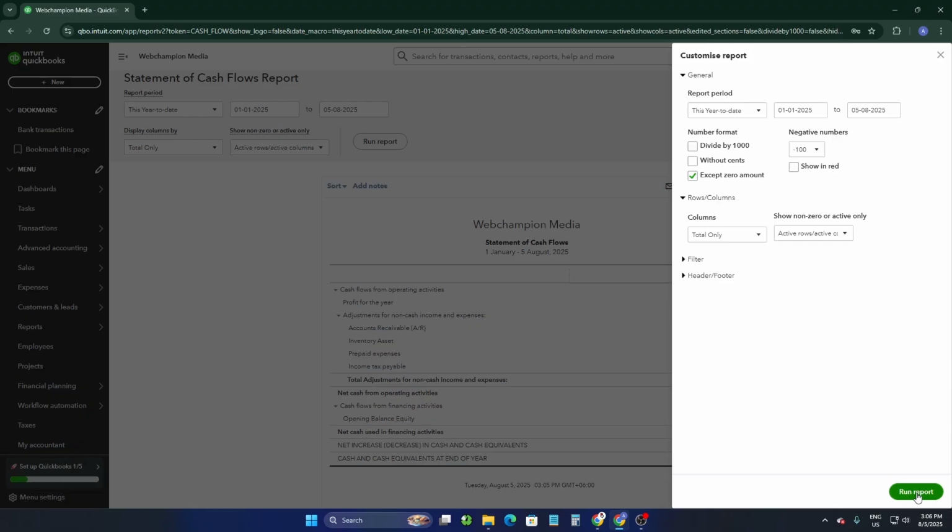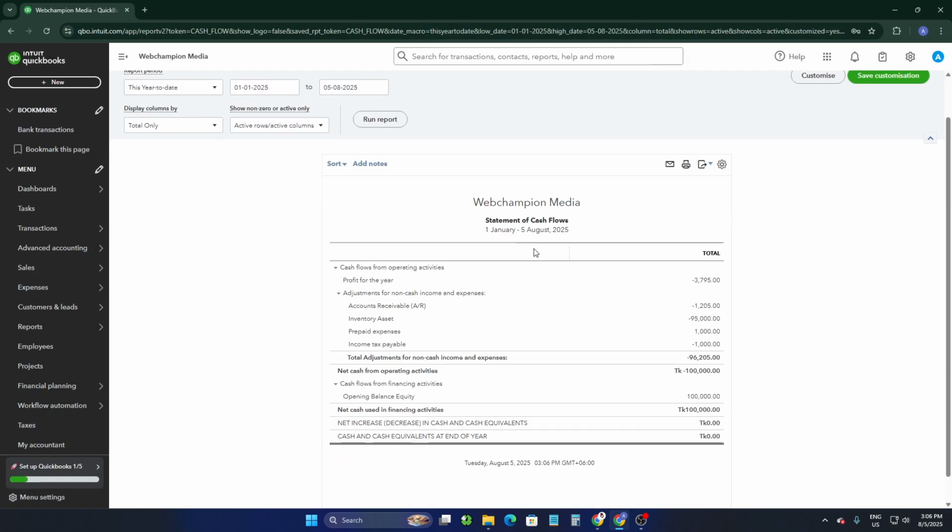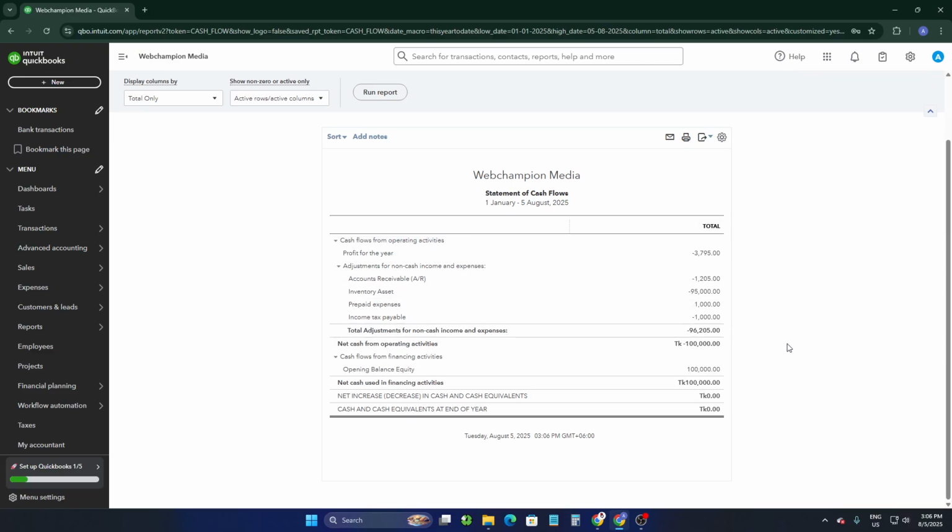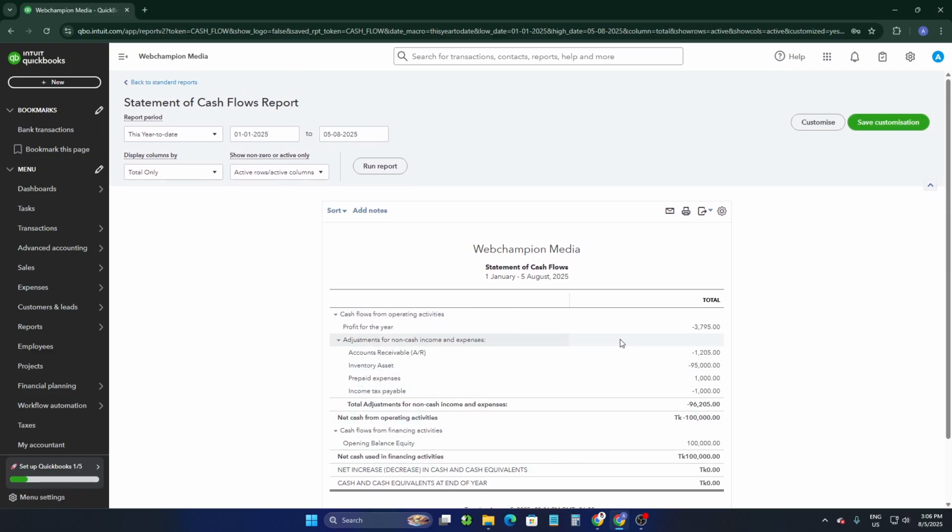Click on run report at the bottom. Here you can find the button, and also you can find the button here, the run report. So once you have clicked on it to apply your filters to view the report, it will show operating activities, like cash from sales and expenses, investing activities, that is purchases or sales of assets, or financing activities like